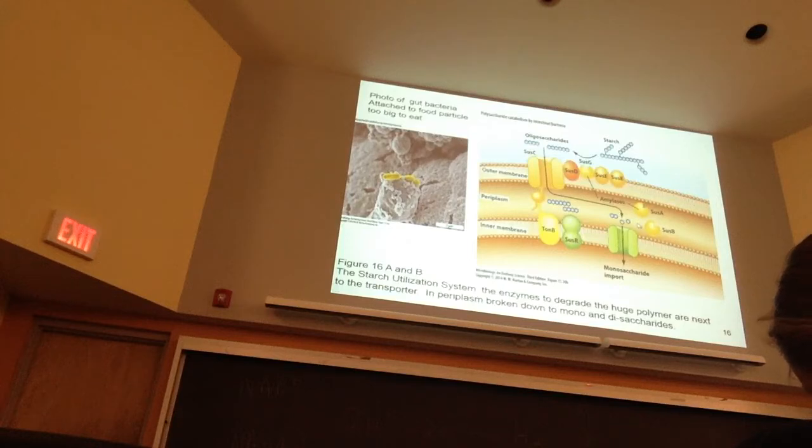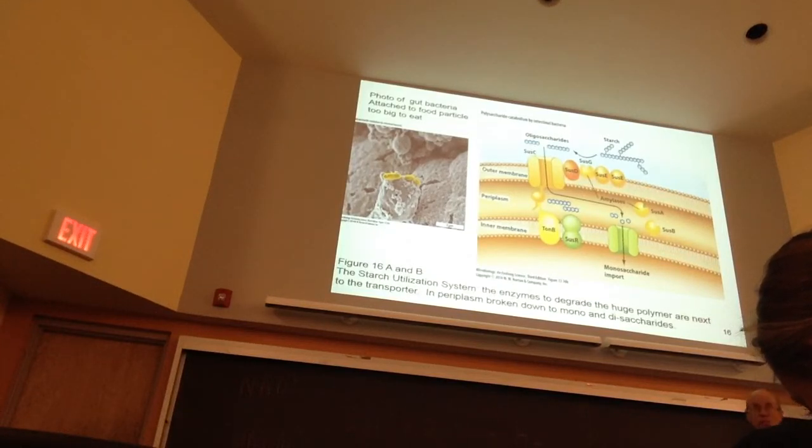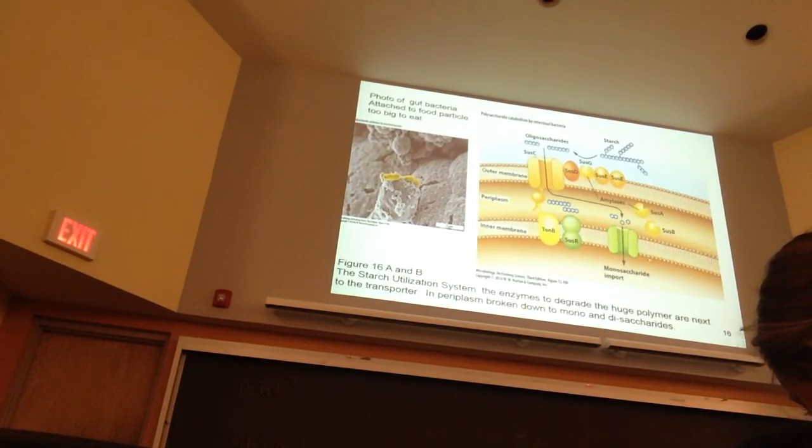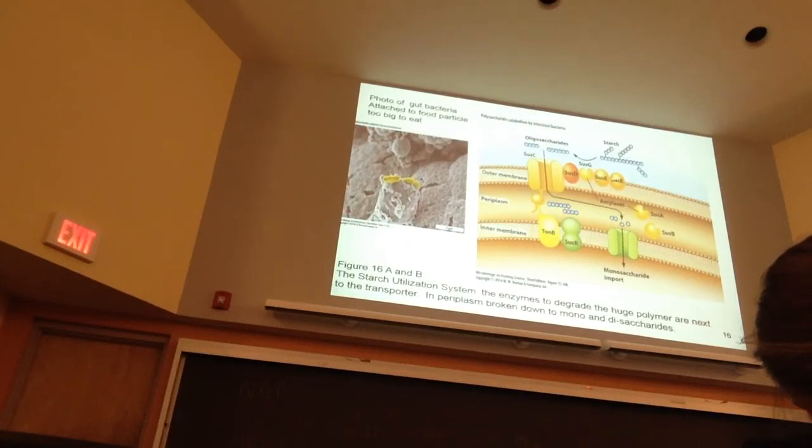So we've talked about enzymes that are on the outside of the cell that break down these big molecules. This is just a nice example of that in this starch utilization system, SUS, which has this series of enzymes. Bacteroides is a gram-negative bacterium, and so it has this outer membrane and then this periplasmic space. On the outer membrane are a series of enzymes that are connected with